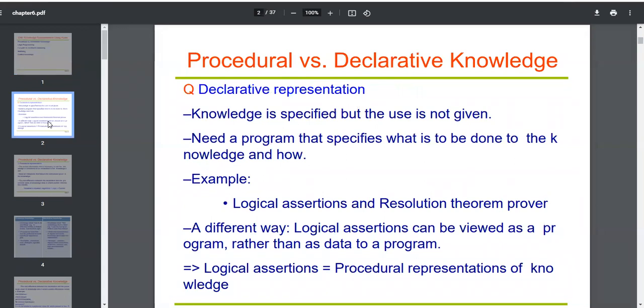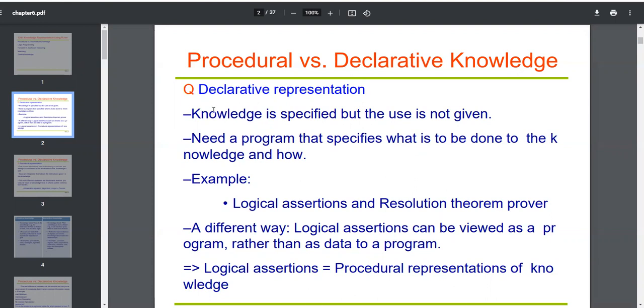So first of all, we are going to discuss procedural knowledge versus declarative knowledge. So what is procedural knowledge and what is declarative knowledge? Let us first discuss what is declarative knowledge. Declarative knowledge is something where you are declaring the knowledge, but you are not indicating any control information: how that knowledge is going to be represented, manipulated, how you are going to process that knowledge. Those rules, those procedures have not been added. So only declarations of knowledge will be available.